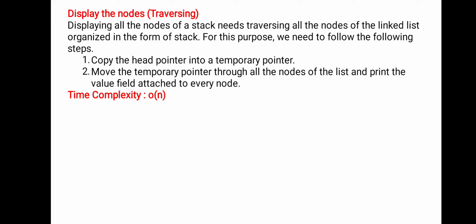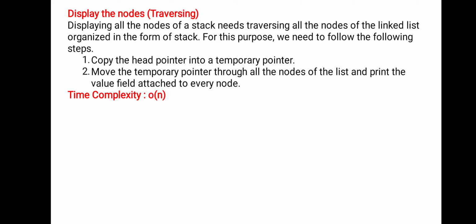We completed the representation of stack using linked list. The functions are push, pop, and now traversing, or display the nodes of a stack using linked list, or simply traversing.